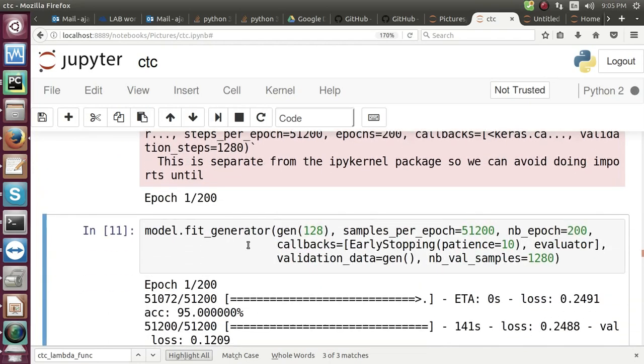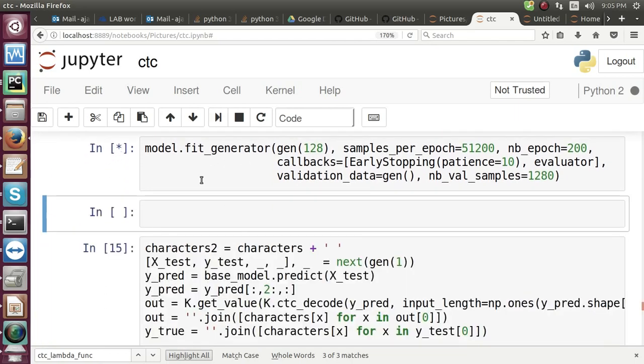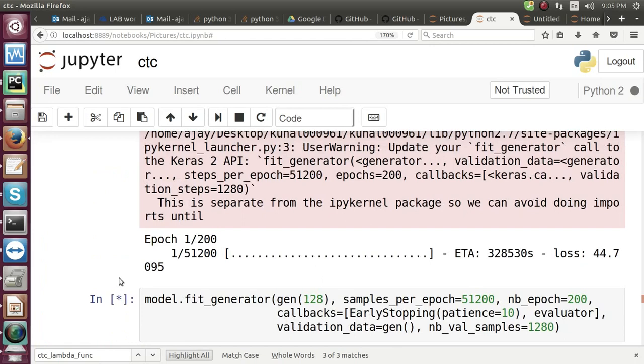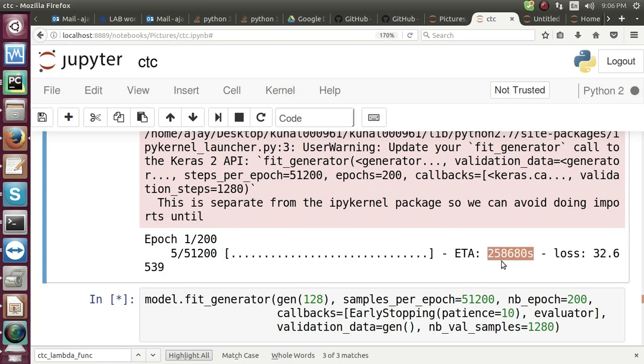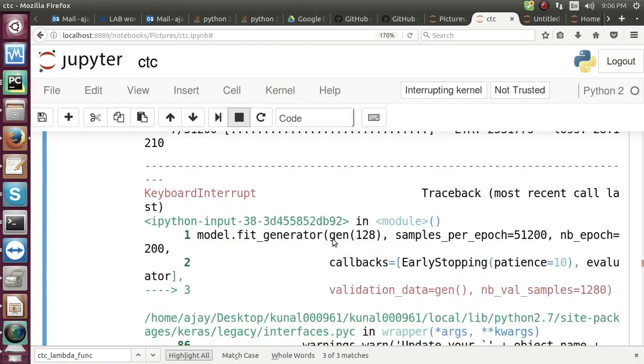Once the generator starts, the training process is very slow. So you can see it has started. Training takes a lot of time. As you can see, the estimated time for a single epoch is 2,63,629 seconds. That's almost 13 hours for a single epoch, so it takes almost a month to train the model. So let me stop it because I already have the pre-trained model here. I'm just stopping this kernel. I interrupt it.